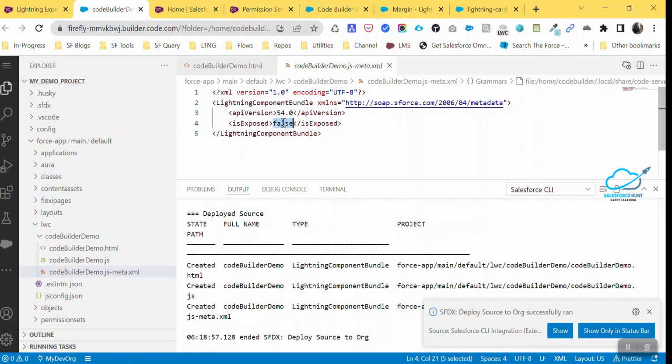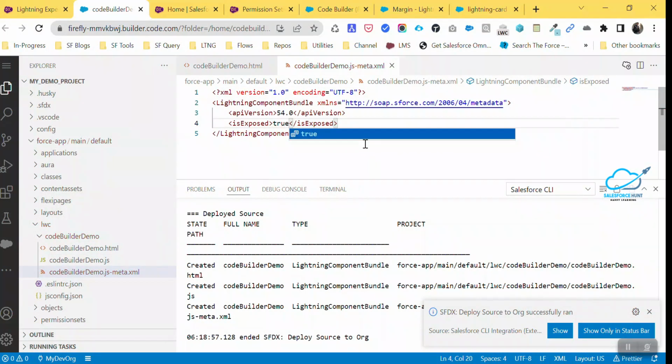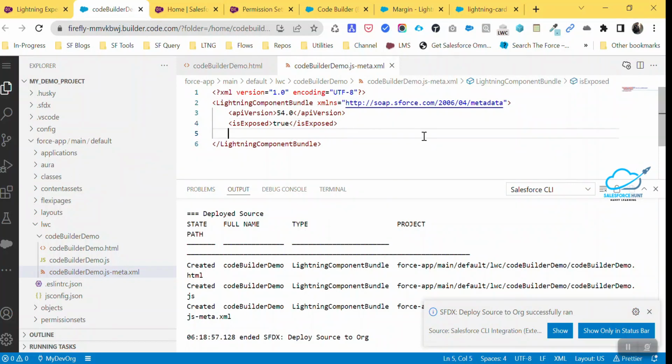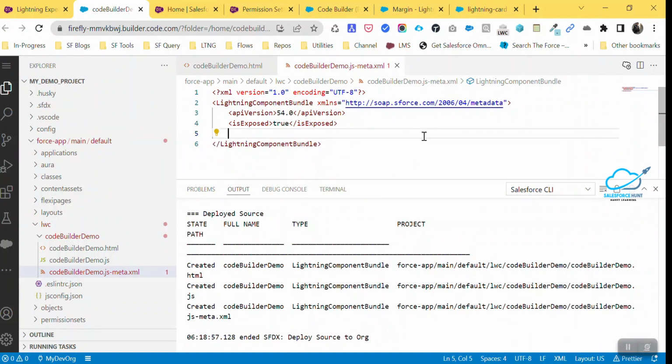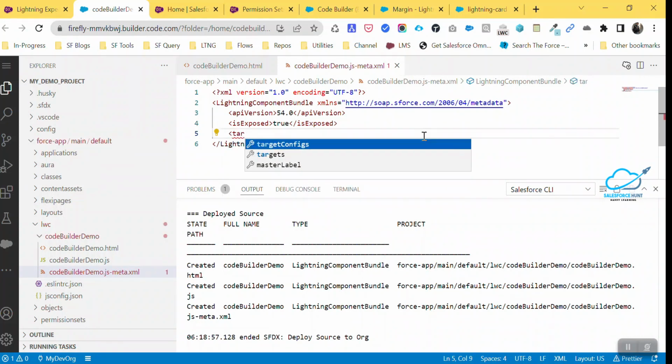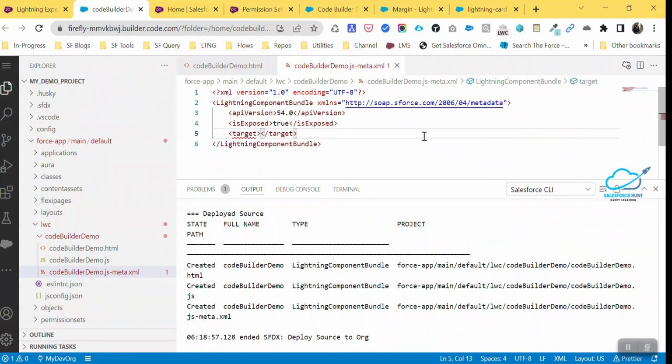Here you can see the false, so you have to make it true, and after that you have to use targets, right? Under this we have targets, right? So how to find out this target? Here, let's say target. So you have to write target. Under this target